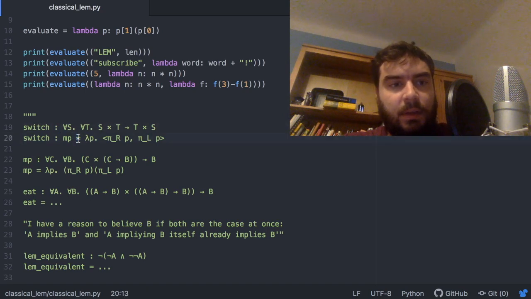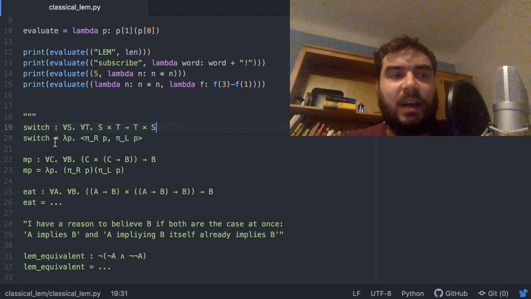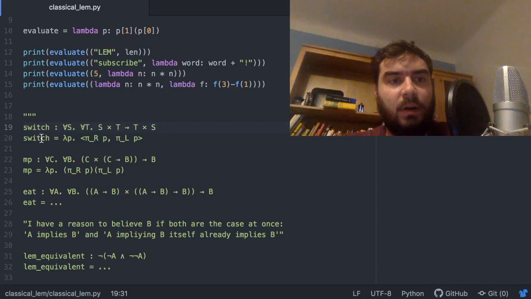Sorry, this should be so. So I called this MP for modus ponens, but this is just a second example there. So